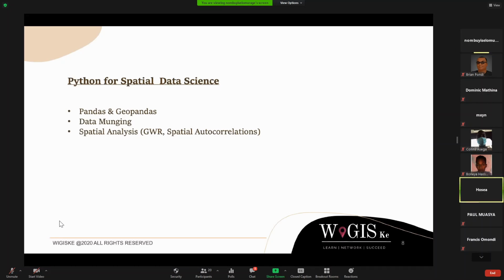What I can say for Python in spatial data science is that it's mainly used for data managing, that is data manipulation and cleaning your data in preparation to apply whatever scripts or algorithms you want.